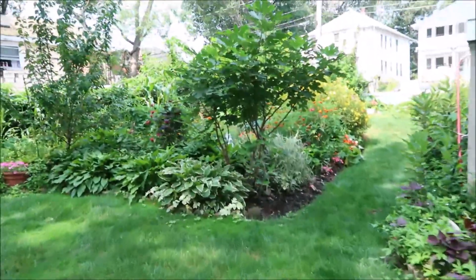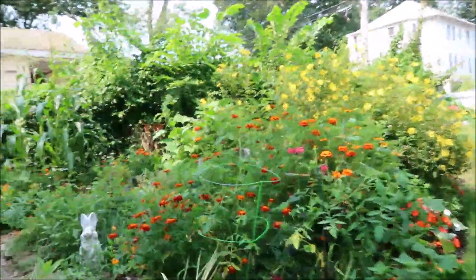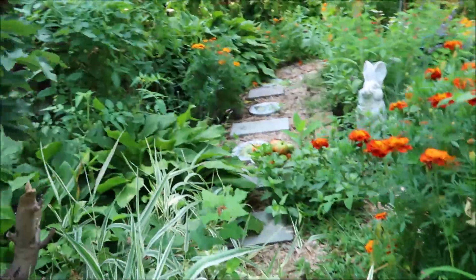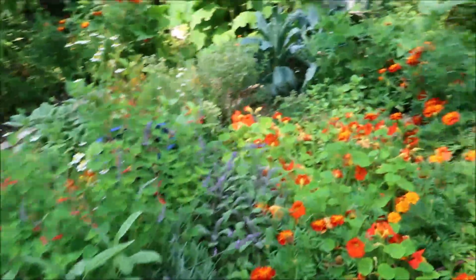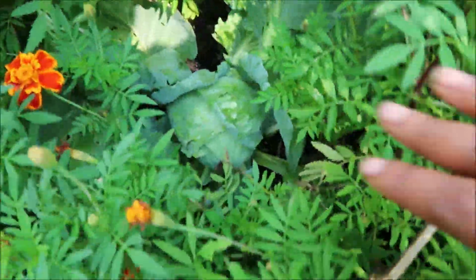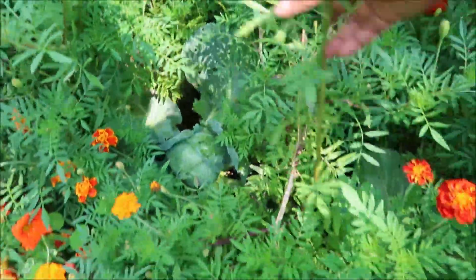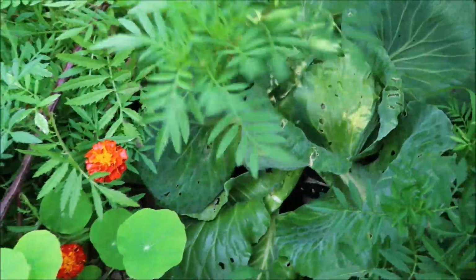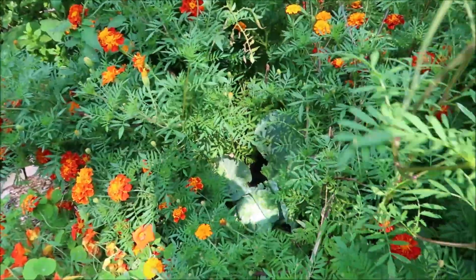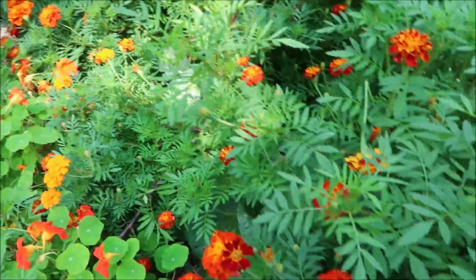So it is over here in the herbal tea garden area, which is looking so beautiful, that I harvested the cabbage. And right here I have one more, but it's not as big as the other one, so I'm going to let it stay. And I have another one here. This one looks a little bit, no, it's still working on it, but that other one is definitely ready. So I have these two, and I did a fourth cabbage, but